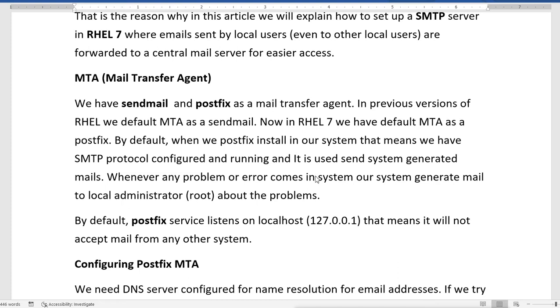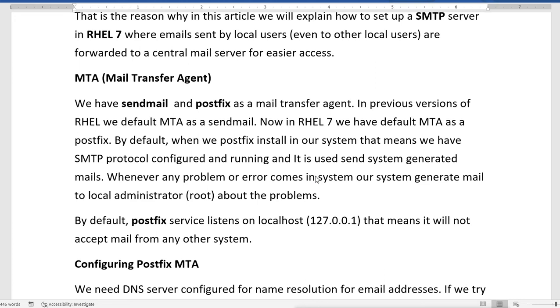It uses Postfix now, and the Postfix services are running. That means the mail server is running and is used to send mails for system-generated errors or information, which go to the system administrator.